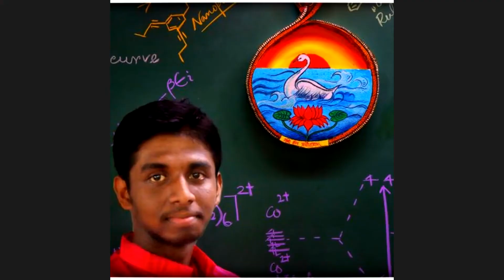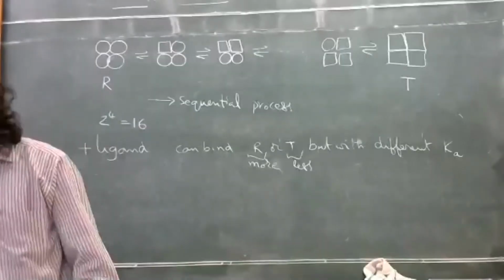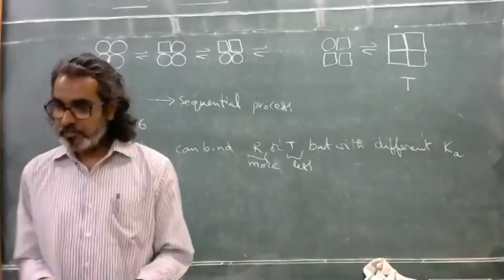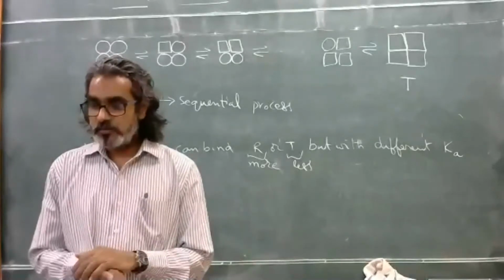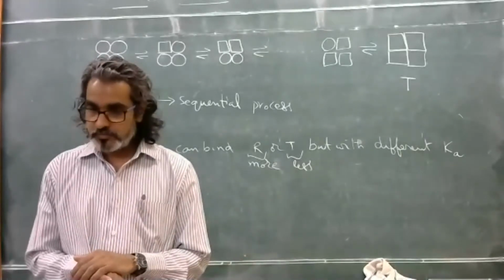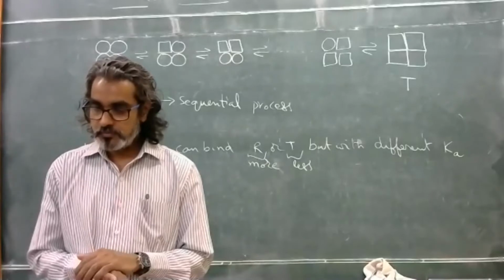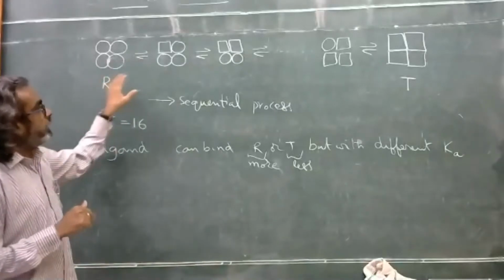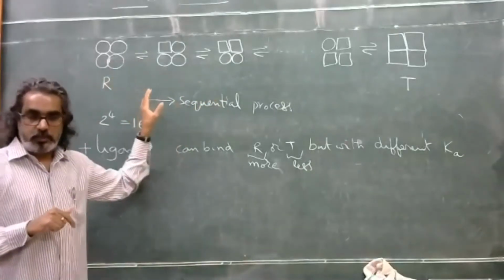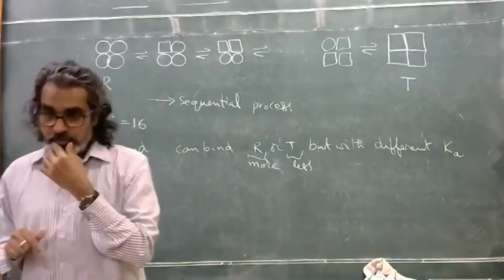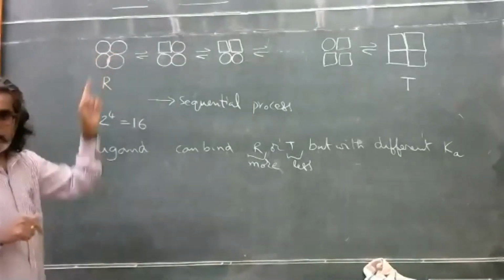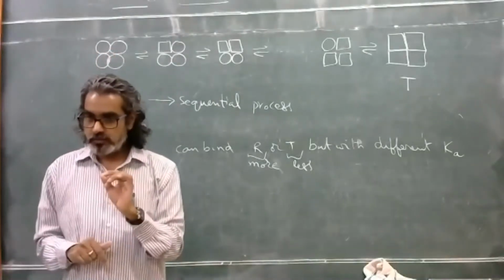Sir, I have a question. In the resting state of the protein, do the T and R states always remain in equilibrium, or does one state predominate in the system always? What do you mean by predominance? Equilibrium means equilibrium. All the states remain in the system, or only T or only R exists there? That's what we are talking about. They are in equilibrium with each other, depending on the thermodynamic stability. It depends on how these units are interacting with each other.